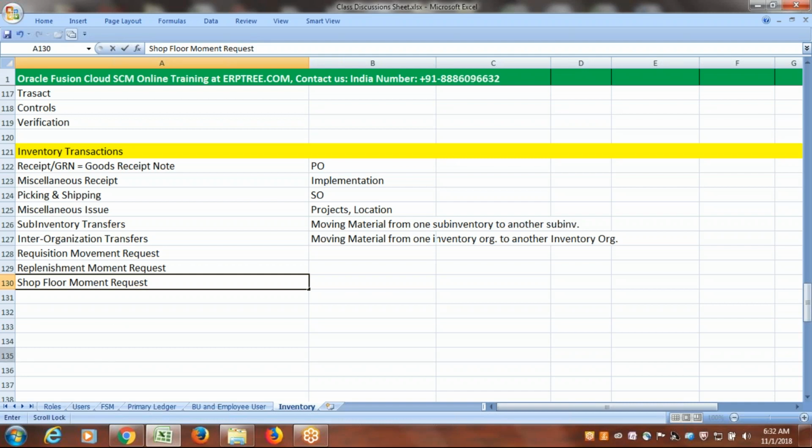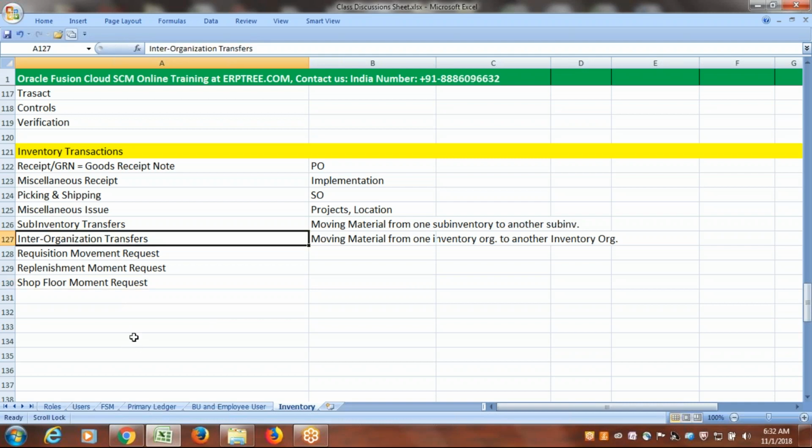And one more point here, since we are talking about this intermediate step called request, even when you talk about intra-organization transfers, that could be a direct intra-organization transfer or an in-transit intra-organization transfer, where there will be an intermediate step in between moving the material from source inventory to destination inventory. Those we'll discuss in more detail. Here, when I talk about movement request, it's all about putting a request to move the material